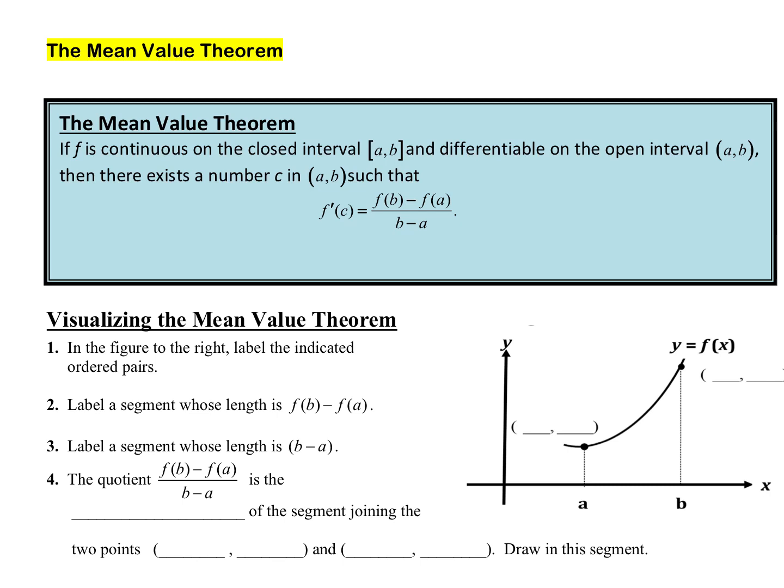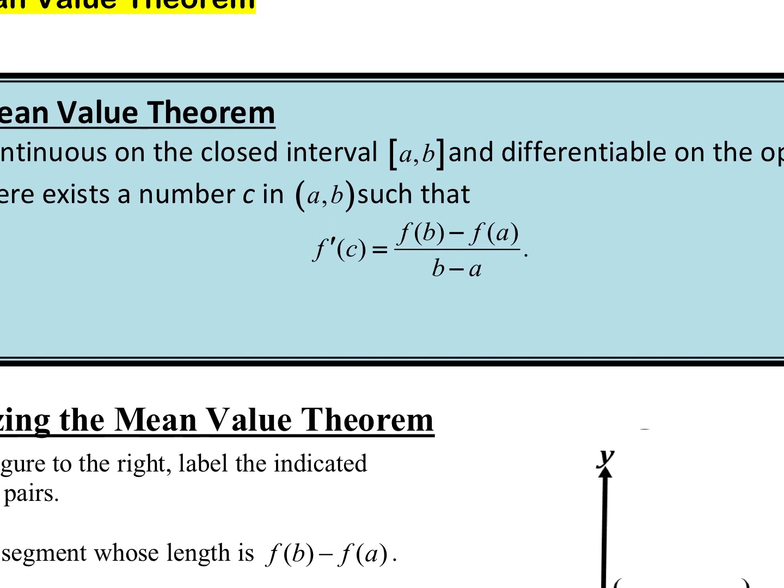Mean value theorem. We've got the formula, not the formula, but kind of the definition up there. If f is continuous on a closed interval and differentiable on an open interval, then there exists a number c such that our derivative, I want you to write this down here. This is our instantaneous rate of change, or IROC, is what I'm going to abbreviate it as. That's our instantaneous slope. On the right-hand side, that is my average rate of change, or AROC,